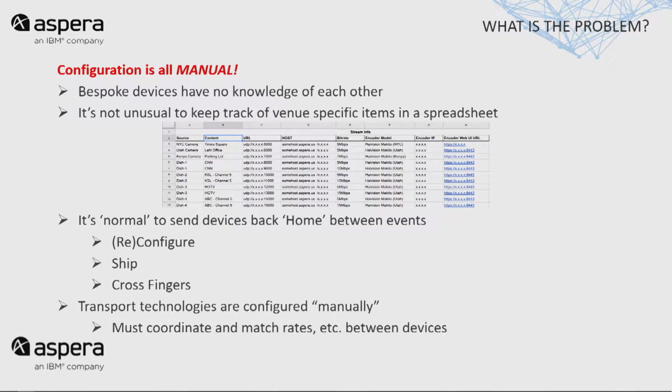So the problem today is everything is manual for endpoint management, right? So we're talking encoders, decoders, software encoders, software decoders, processing, anything from uncompressed video all the way down to HLS, HTML5. Everything that encompasses all of that stuff and in between is considered an endpoint. And managing those endpoints today is very difficult. This deck is geared more towards contribution, where you have cameras at a venue going back to a broadcast center, but I think all of you can probably relate this to something you may be working with, whether it's an internal project or an external project.